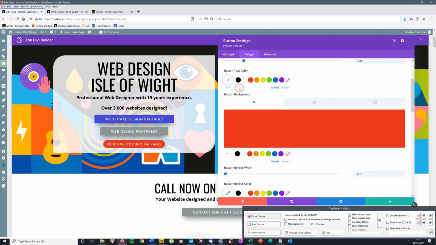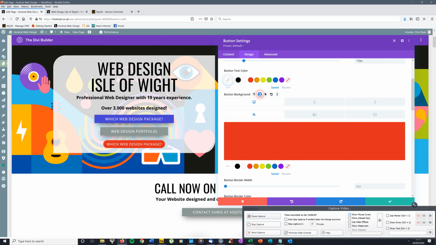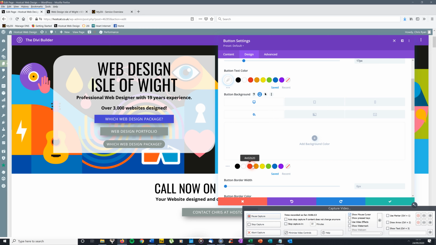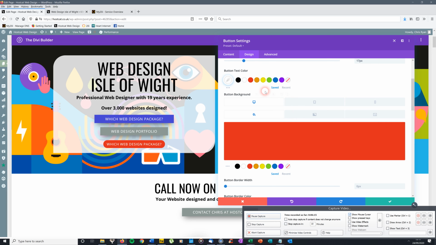Okay. Now when you want to change it on hover, so that when somebody goes to click it, you want to change it from the red to another color, up here when you hover there you'll see all these little icons, and you want to choose this one here, which looks like a mobile phone. Sorry, no you don't. Totally ignore that. Right, start that off again. You need the arrow, and that will give you,